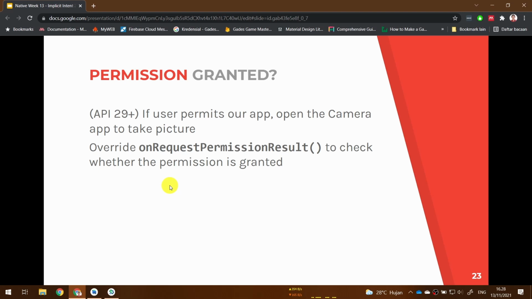But let's continue first before we try our application. Again, for API 29 and beyond, if the user grants the permission for our application, then open the camera app to take a picture. We must check first whether the permission is granted or not. So we must override a method called onRequestPermissionsResult.